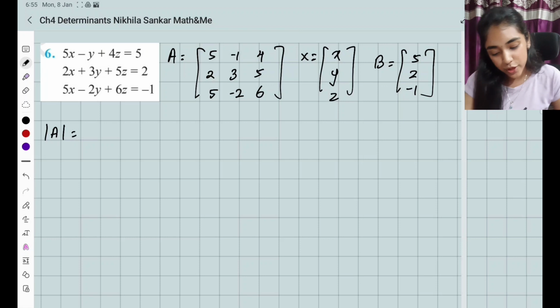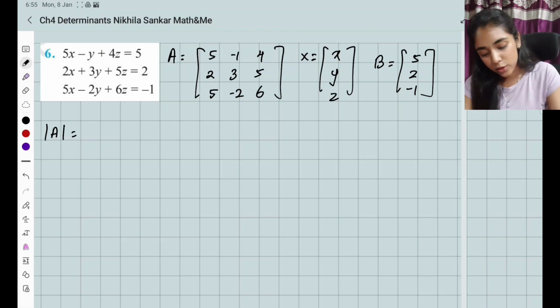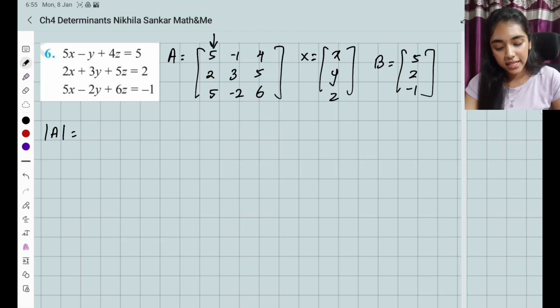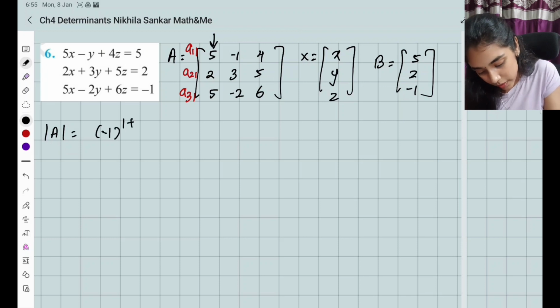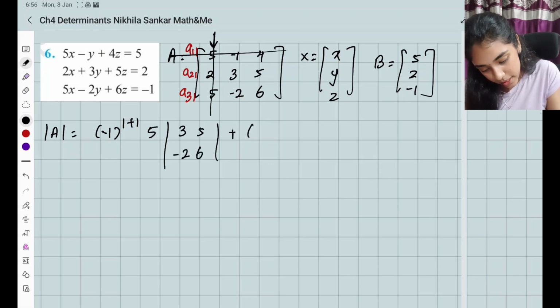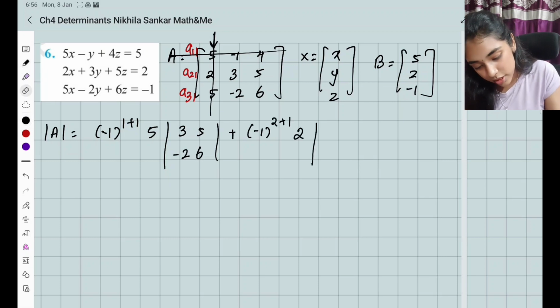The determinant of A, along which row can we do it? I can do it along the first column. Okay, there are not many negatives there. So, along the first column I have A11, A21, A31. So, this is going to be minus 1 to the power 1 plus 1 times 5 into the determinant, when I hide this and this, you have 3, 5, minus 2, 6. Then plus minus 1 to the power 2 plus 1 times 2 into, now the determinant is going to be,